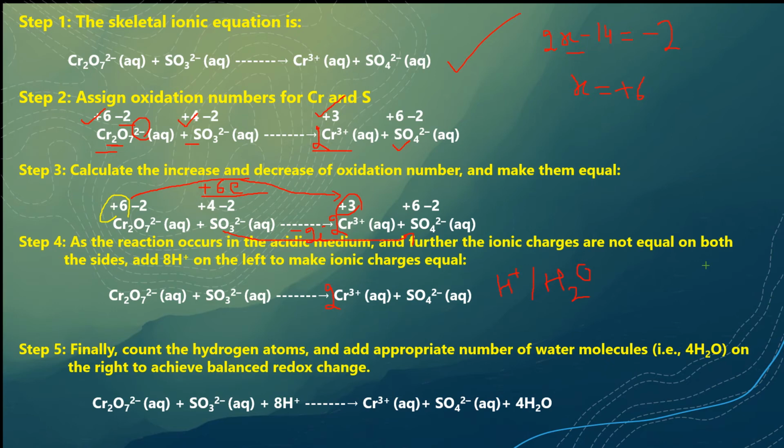So see carefully. Here, before moving further, I need to make the electrons gained, 6 electrons, and electrons lost equal. How will I do that? 6 electrons and 2 electrons. How will I make them equal? If I multiply this 2 by 3, I'll get 6 here. So that means I need to take 3 SO3 2 negative and I need to take 3 SO4 2 negative. 1 SO3 is losing 2 electrons.